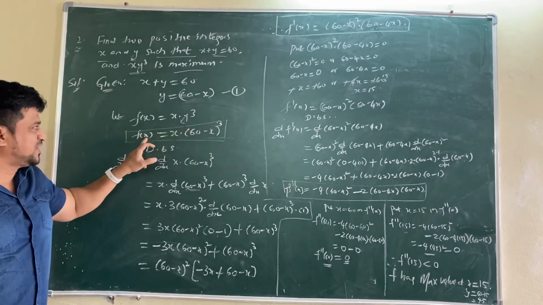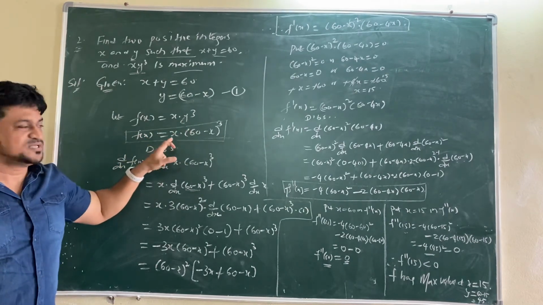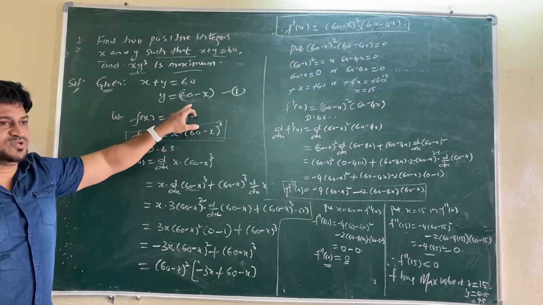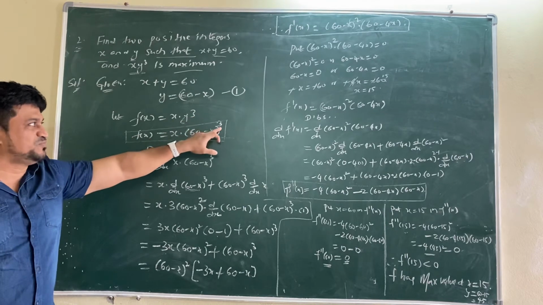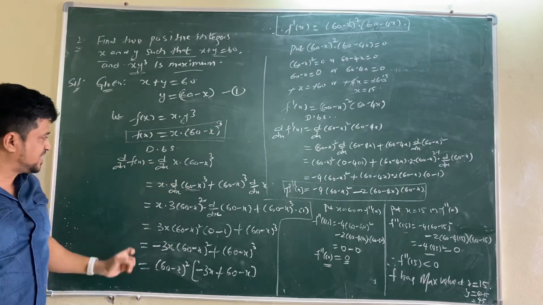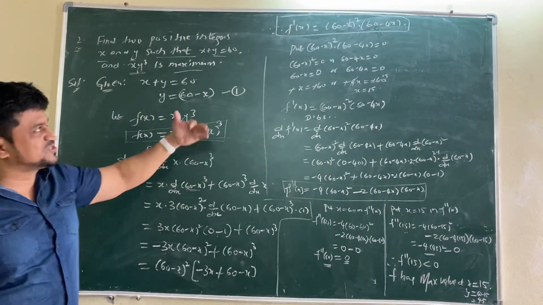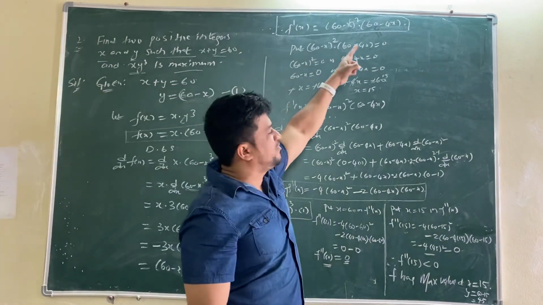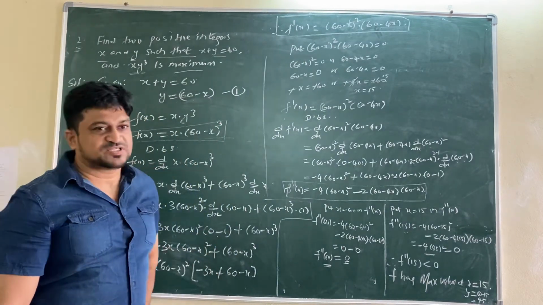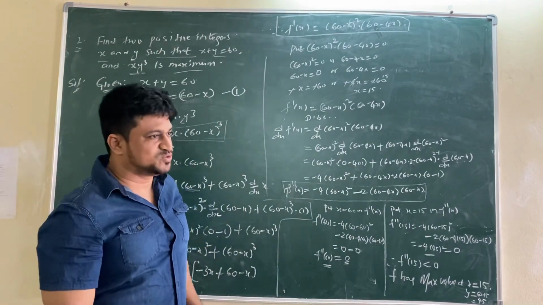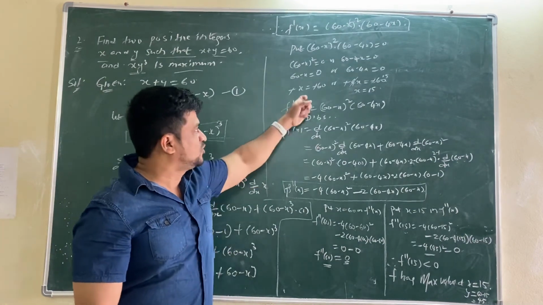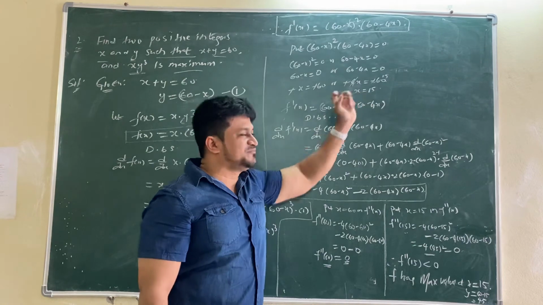But f of x means everything should be in terms of x. So y is removed and taken what in place of y? Equation 1, 60 minus x, because it has cube, 60 minus x cube. Now differentiated, we got UV form, differentiated again, f dash of x, inner functions, everything we have simplified and taken common. We got f dash of x value. Once we got f dash of x value, put that f dash of x value equal to 0, then find, you will get 2 or 3 or 1 value. We got two values here, x value 60 and 15.